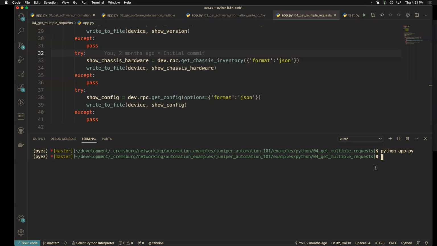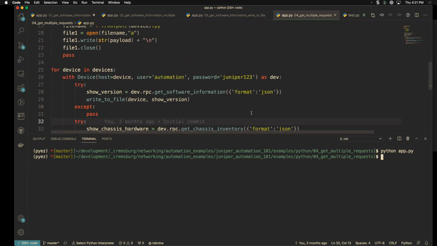That's where other Python libraries come in. Things like asyncio allow you to issue a single command against multiple devices at the same time, rather than logging into one, running a command, storing the output, writing it to a file, then logging into the next one and going down that path. That long-winded path is exactly how we're doing things right now, because Python is not multi-threaded, it doesn't have the capability of threading these different